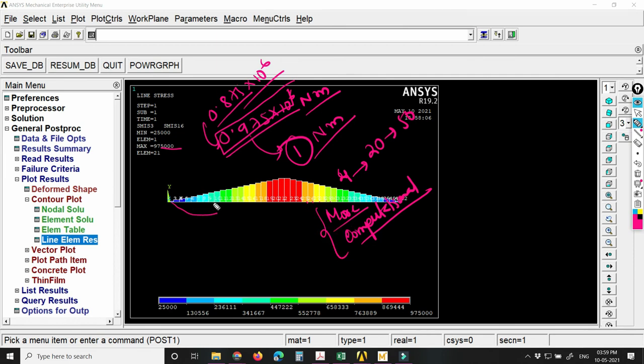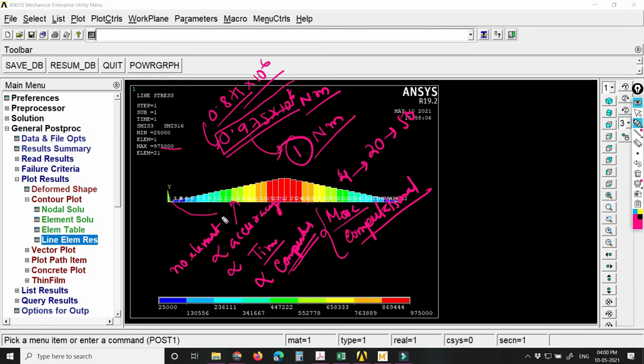So the number of elements is proportional to accuracy. If you have more elements, you will have a more accurate result. Sorry, it is also proportional to the time, meaning it requires more time and more computational effort, which means more energy will be used to do the analysis.